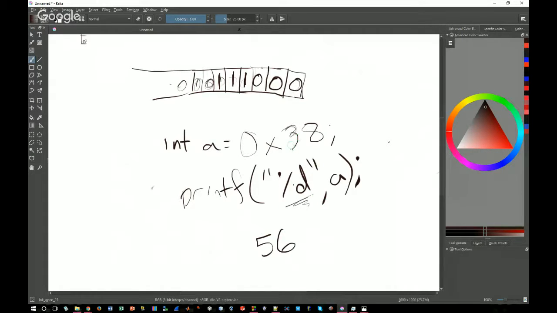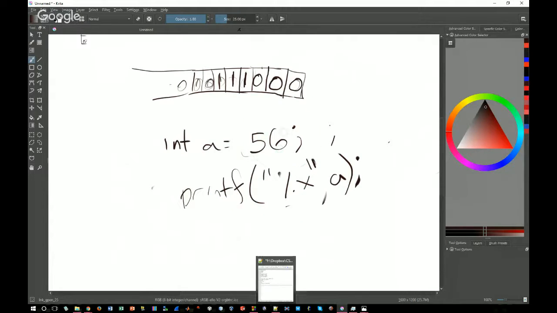If, however, I did something like this and change this back to 56, and I change this to an x, which is hex, it will print out 3, 8. Now, there's no format specifier for binary, but there will be a bonus question, I think, next week to do that, to print out the binary representation. So keep a lookout for that. But this is why,